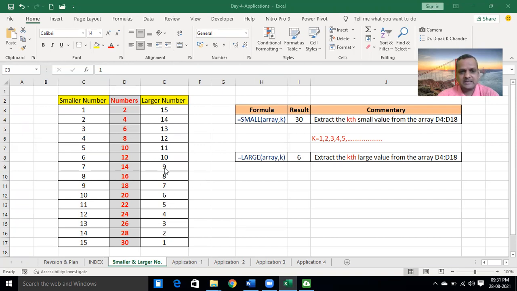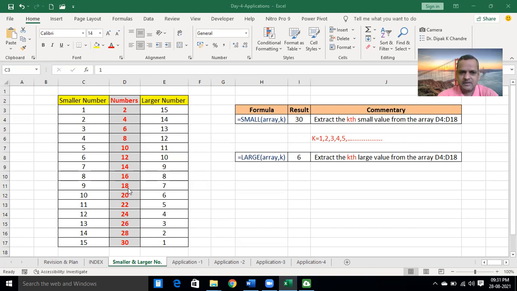What will be the ninth larger number? In this larger number sequence, first larger, second larger, third larger, fourth larger, fifth larger, sixth larger. What will be the ninth larger number in red color?